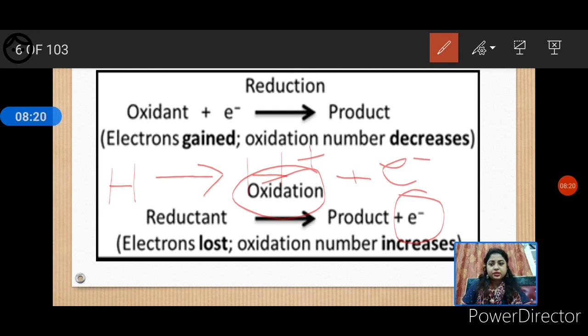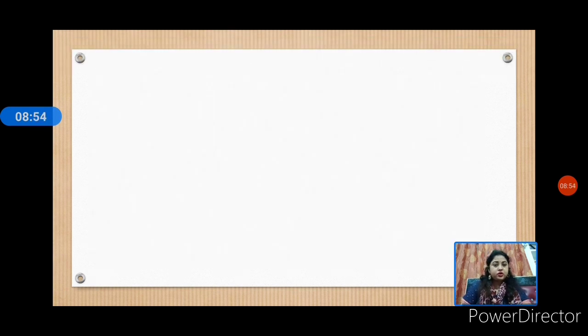So what is reduction? Reduction is defined as the process in which an atom, molecule or ion gains one or more electrons. The gain of electrons by a species results either in a decrease in the positive charge or in an increase in the negative charge. Here what mainly you have to remember is that loss of electron is oxidation and gain of electron is reduction. And next is the electron transfer concept.